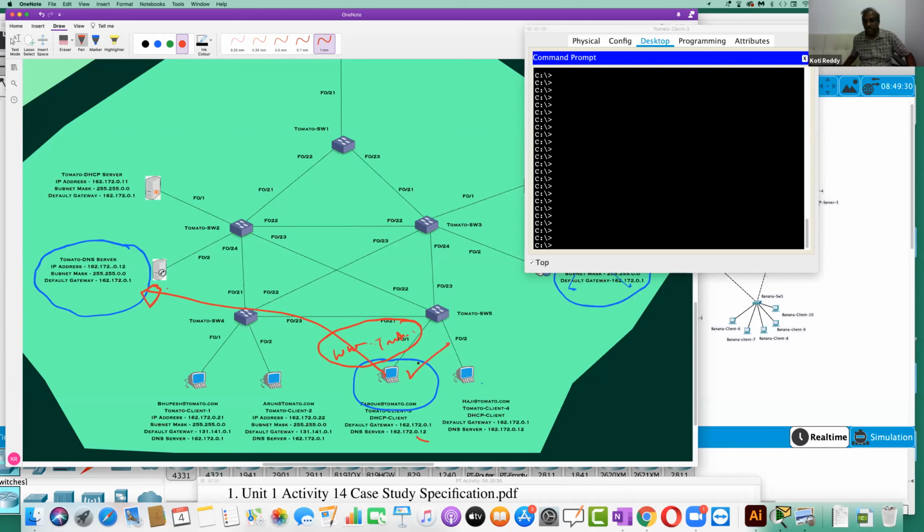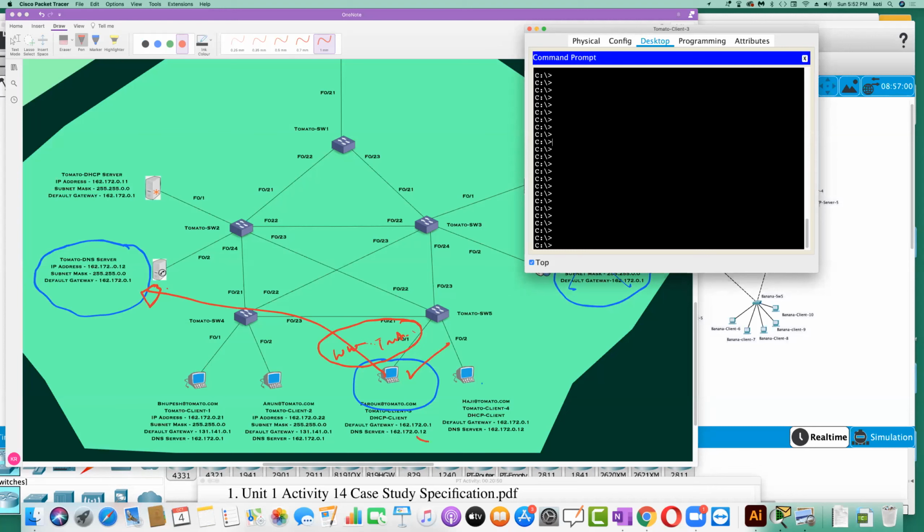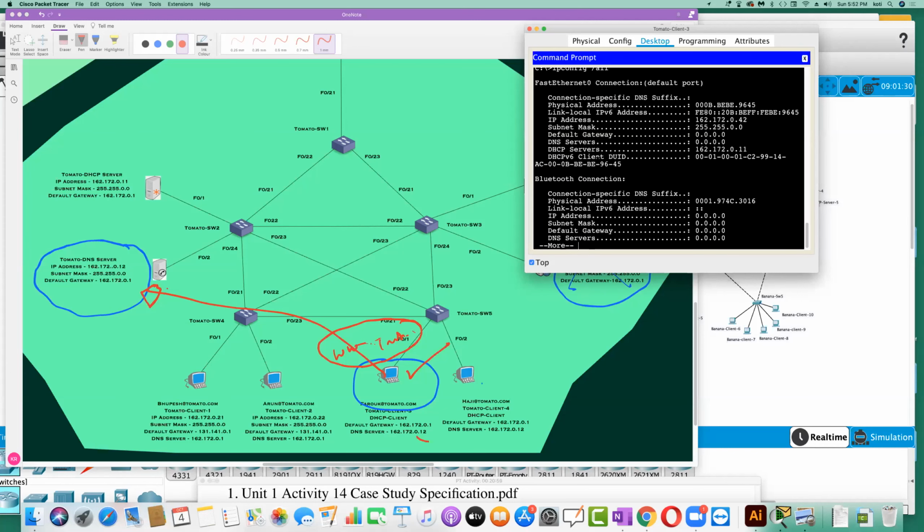I should first of all check what? You should check whether Farouk's system is really acting as a DNS client of the DNS server or not, right? How do I check? What's the command I give to check whether Farouk's system has got the IP address of the DNS server? ipconfig /all. I give the command ipconfig /all. When I see here ipconfig /all, what do you see now? Do you see any issue here? So no DNS server. DNS is not.